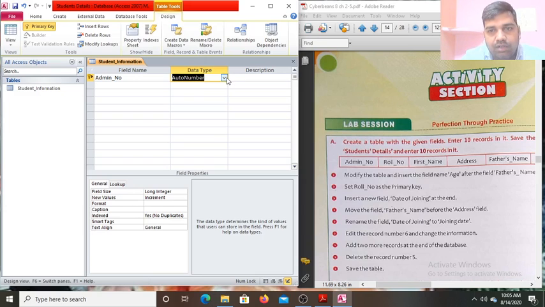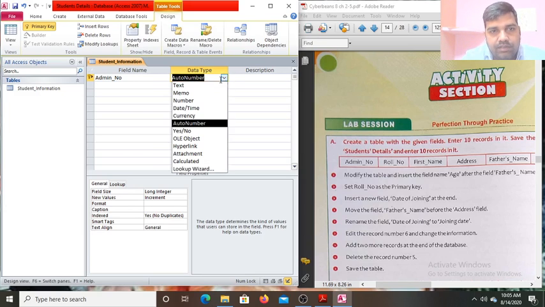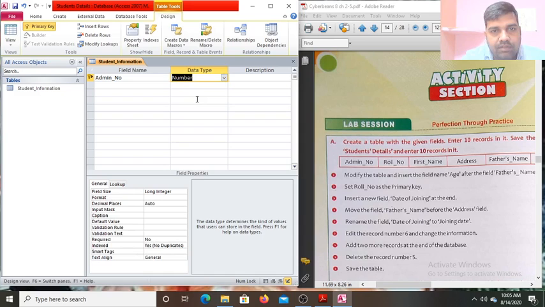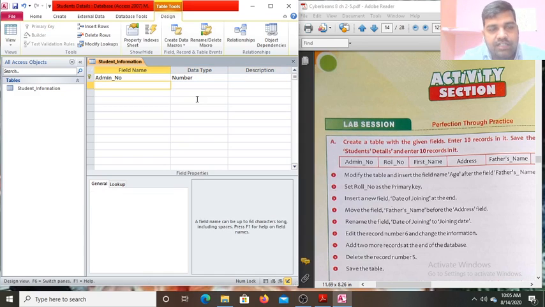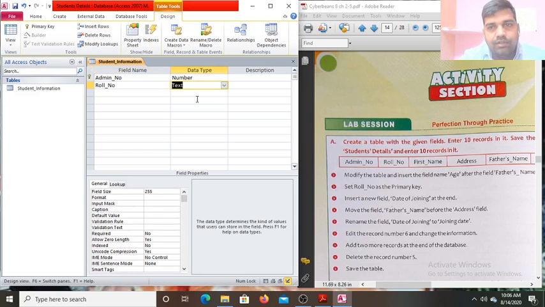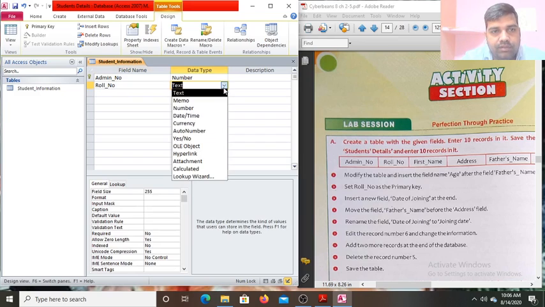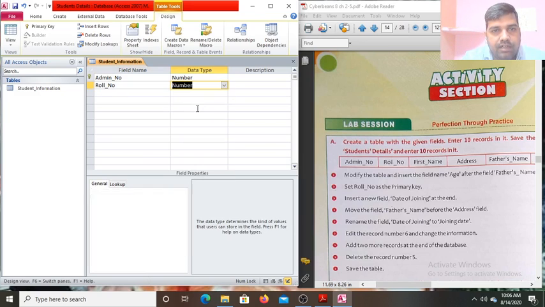This should not be the auto number, so it should be a number. Next field is the roll number. Write roll underscore number. It should also be a number.